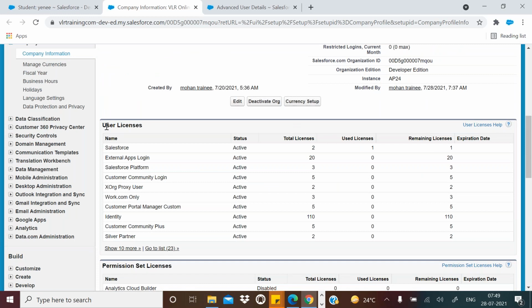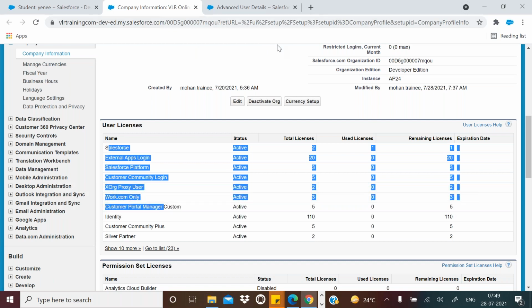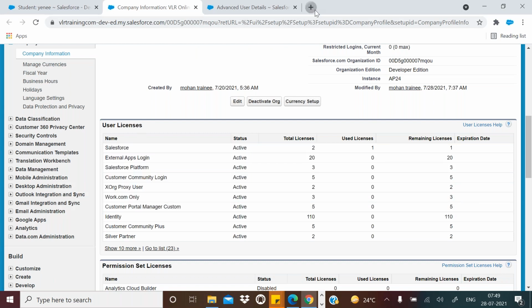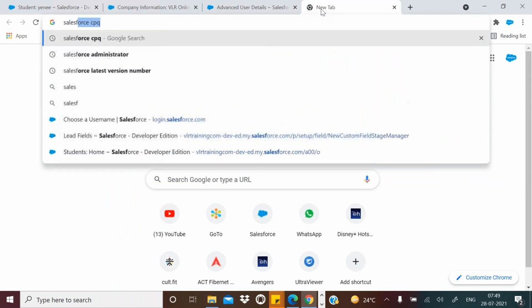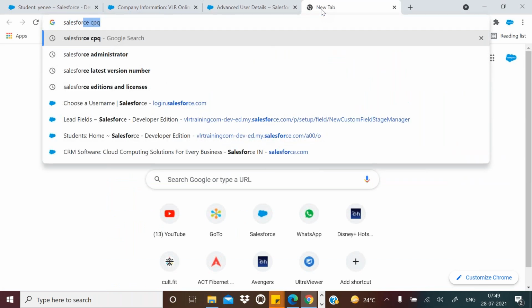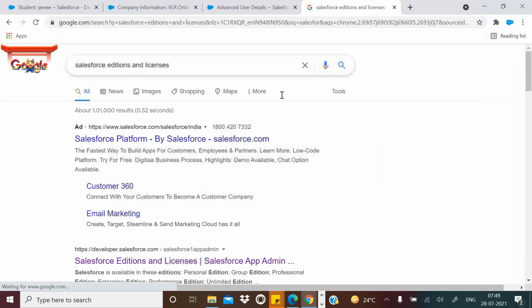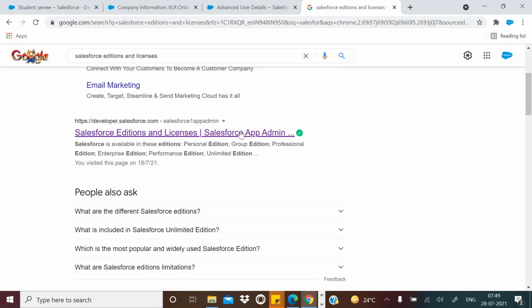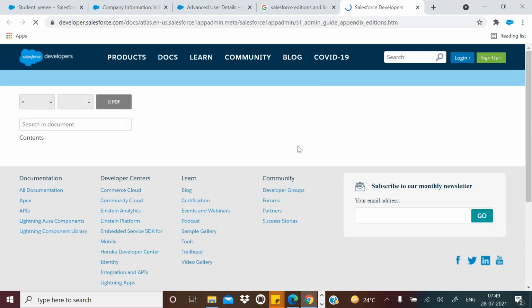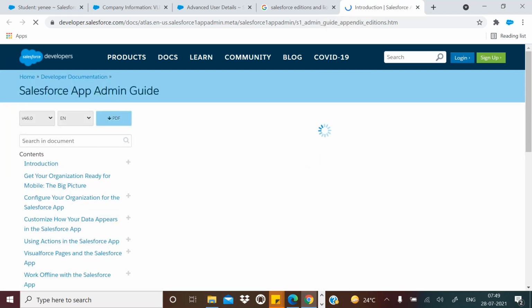And the next thing is user licenses. Here you see different organization editions, as I mentioned, while creating the editions. Now I'm going to create a new user, guys, so that you can better understand users, orgs and these kinds of things.